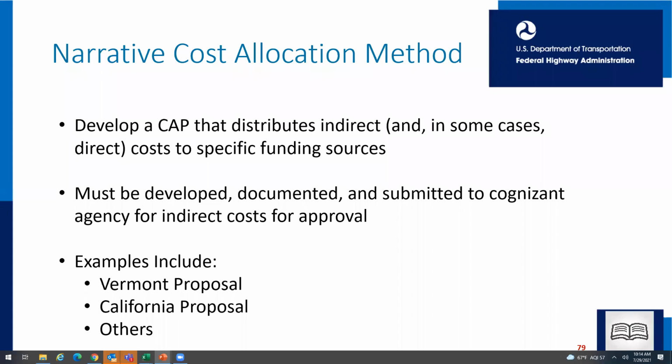There could be a lot of different things that could happen where you're not going to be able to apply your regular indirect cost rate, but you're incurring indirect costs or you're incurring costs that may be difficult to specifically allocate to projects. And so we have a narrative cost allocation methodology that can be used,